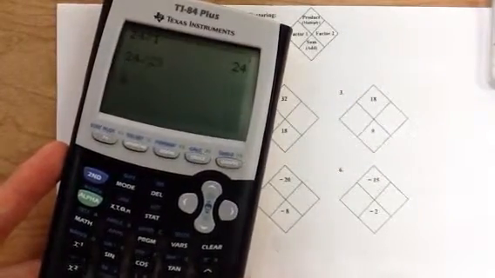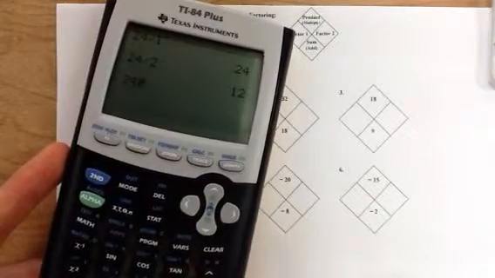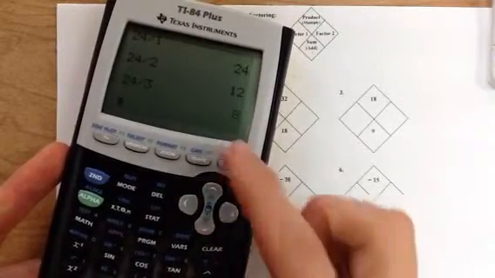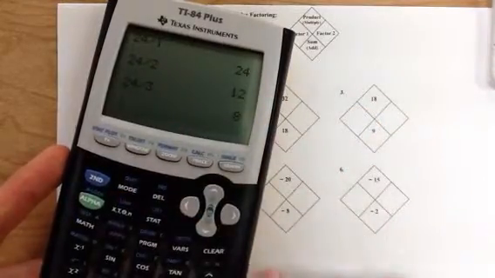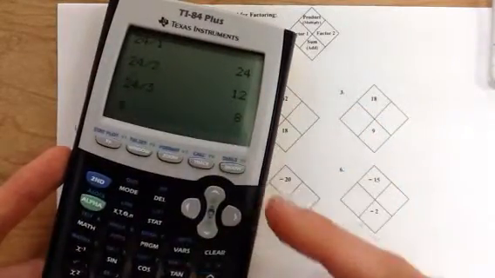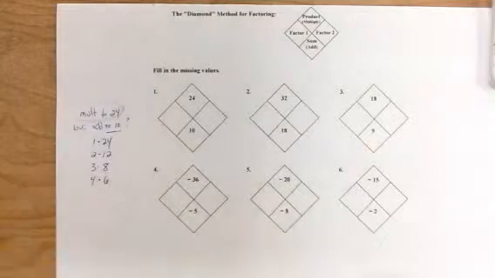24 divided by 2 is 12. 24 divided by 3 is 8. So you can see 8 times 3 is 24. 12 times 2 is 24. So you can use your calculator to go through systematically. But I do recommend, as a strategy,